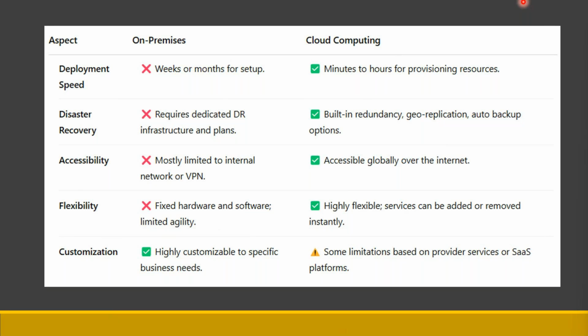So whenever a company is thinking about an innovation, they can directly opt for the innovation that a particular cloud service is providing, and use it based on their requirement. So it is flexible whenever we need it. That is another major factor when a company thinks of innovation. And the other factors, like we already discussed, are disaster recovery and high availability. And yeah, these are the major things.